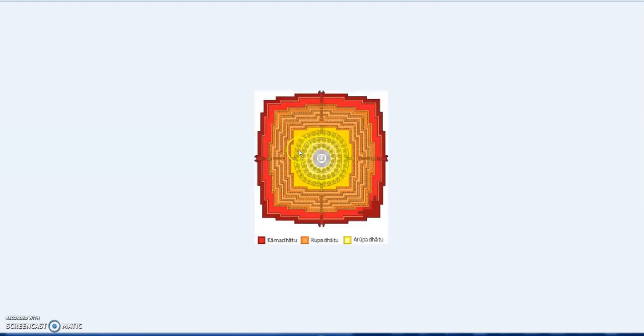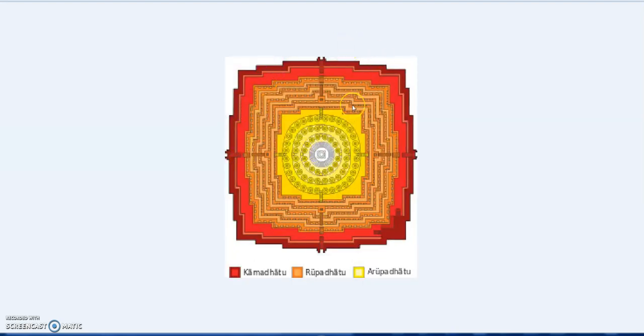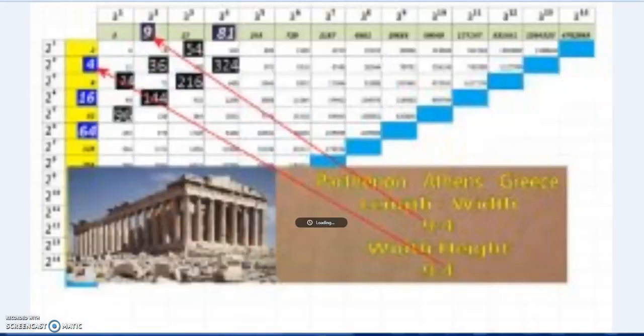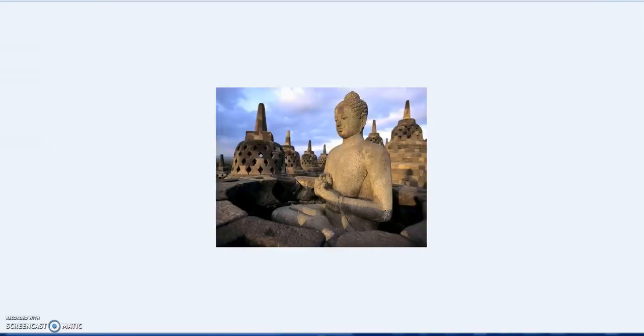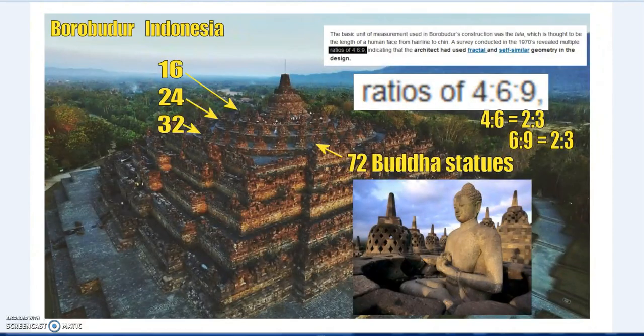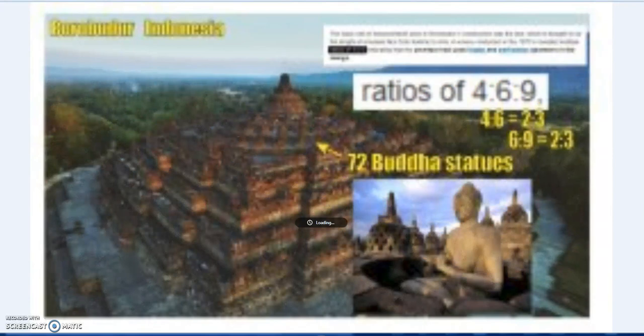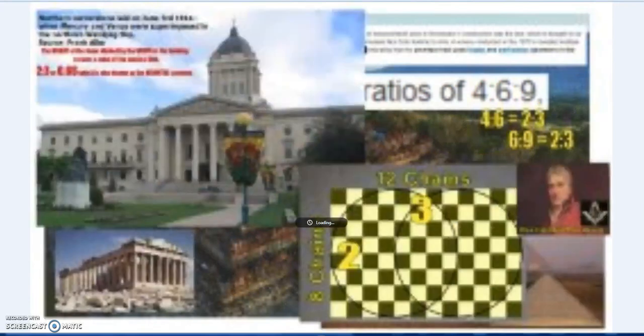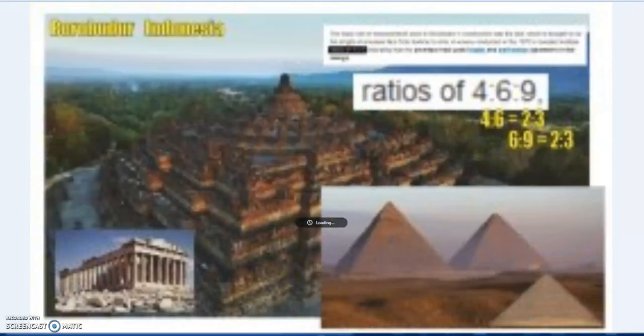And so these features in Borobudur, where is some? Okay, there's a mandala. So this is an example of a Borobudur plan, also in Prambanan, and, again, the Vastu Shastra and these ancient teachings, which are known about in the East, but can also be found in the West as well. So anyway, 2 to 3 ratio, the Vesica, and how it can link so many apparently separated cultures, and especially through the architecture and systems of weights and measures, because I think that's the key one. Because with weights and measures and these architectural proportions, you can really lock it.